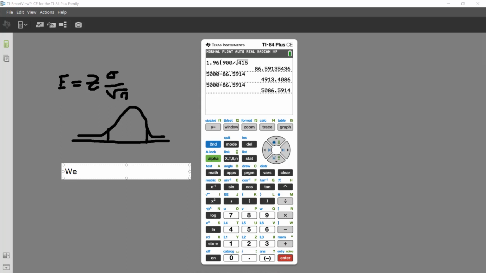You don't have to write this statement down, but I'm writing this for you and for people who watch this in the future. We are 95% confident that if we repeated this similar procedure over and over again with different samples, the population mean of hours of television watched by the children is between